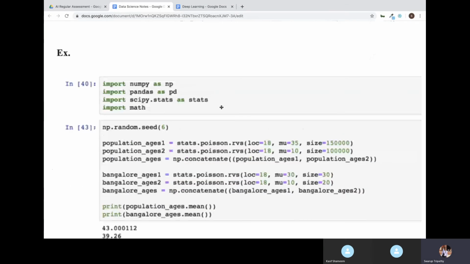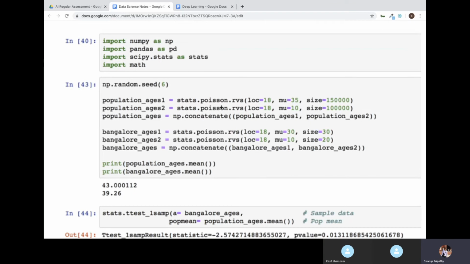So now you are able to understand what this test is for. To understand this concept more deeply, I have not taken data sets like CSV files.